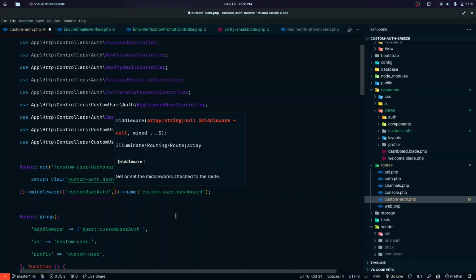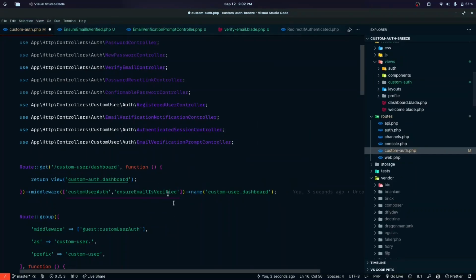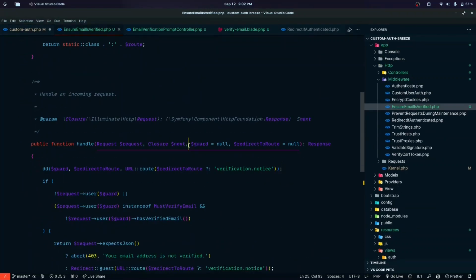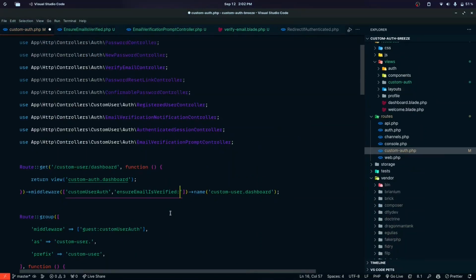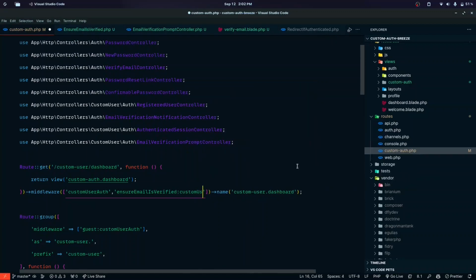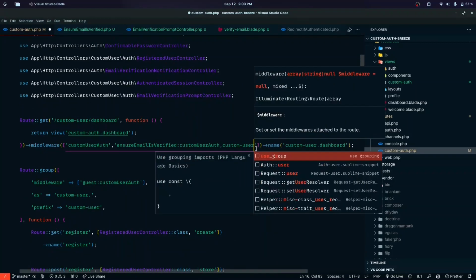So I'm going to pass that ensure email is verified middleware, and we can pass in the arguments that we have defined in our middleware. So we have this guard and the redirect to route, so we can pass them by appending a colon, and in this case the guard is custom user auth and the redirect URL is custom user dot